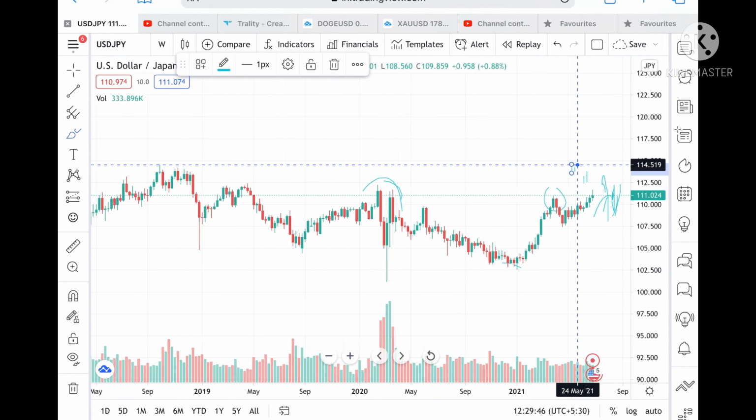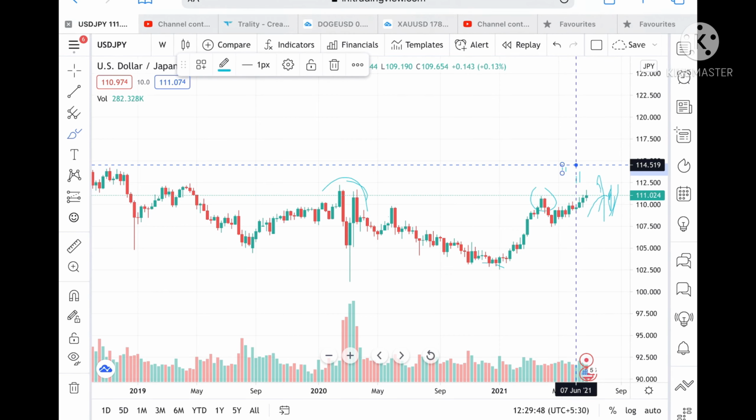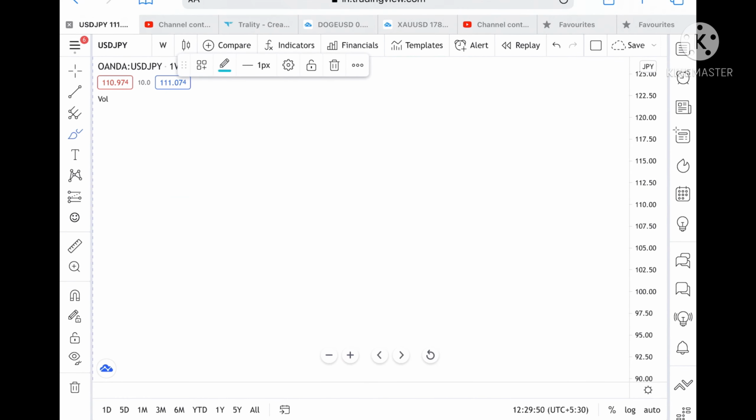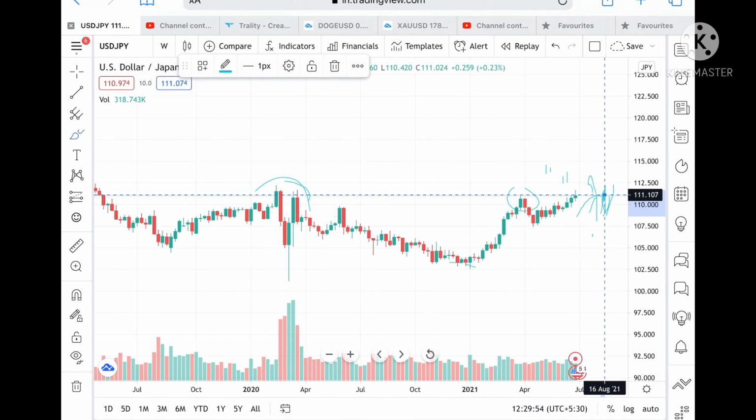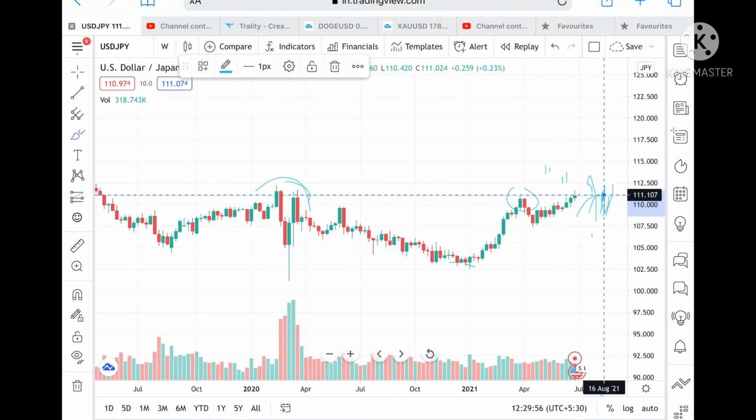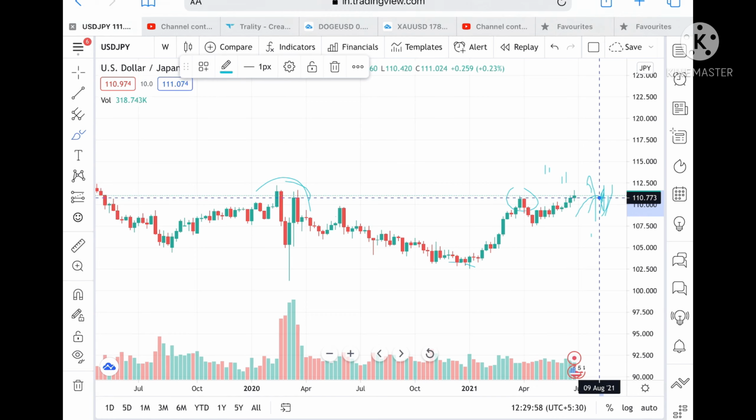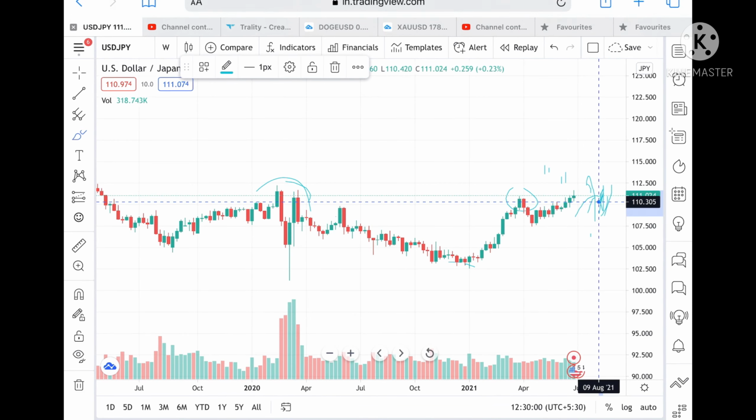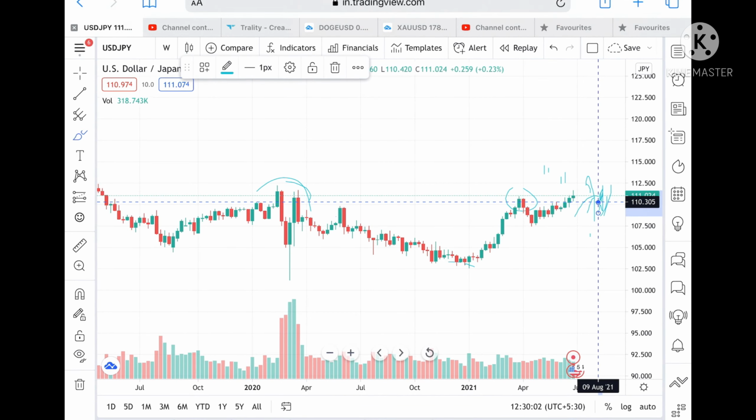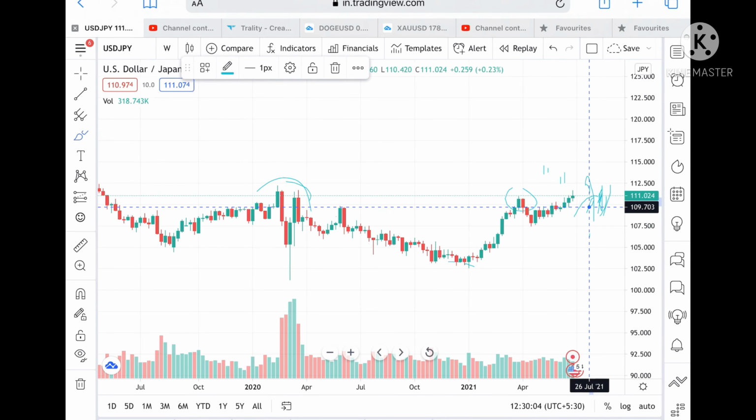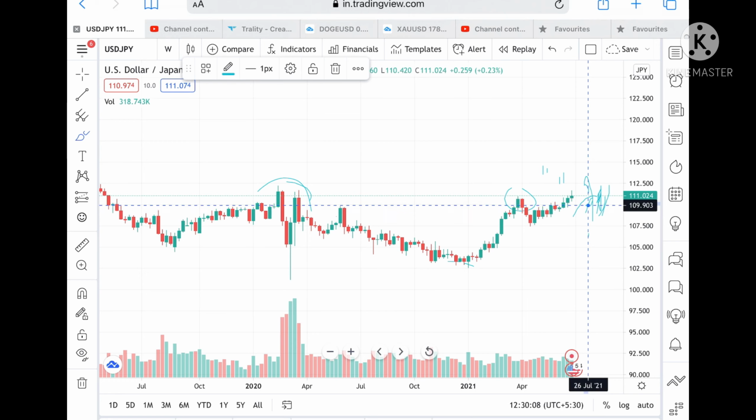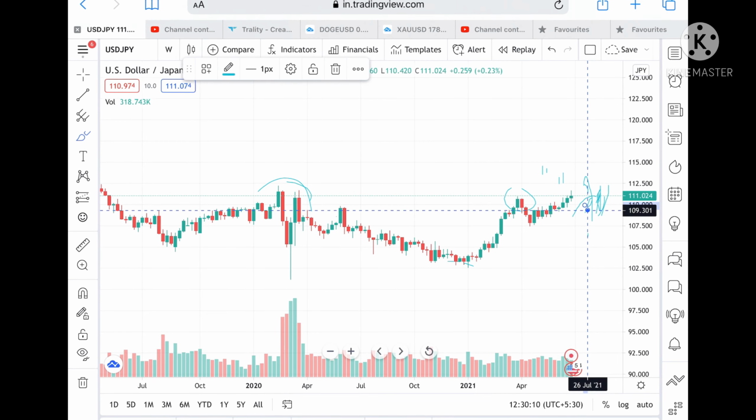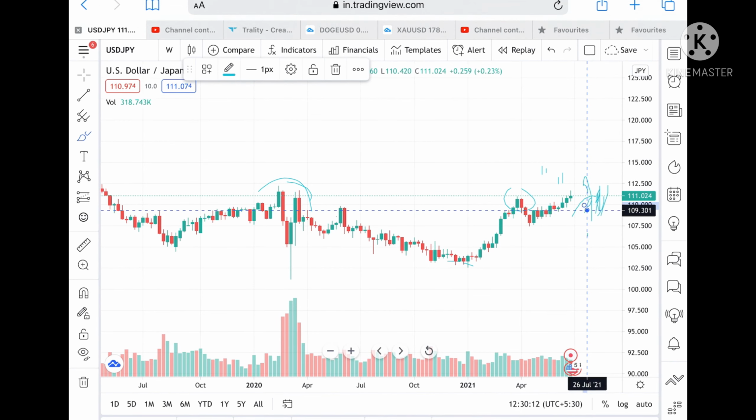Suppose if it goes below a level of 110.174, then it can touch a level of 110.773, and from there it can touch a level of 110.305, and if it stays more below that level, then chances are high that it can touch a level of 109.703, and from there it can touch a level of 109.301, and if it stays more below that level, then chances are high that it can touch a level of 108.699,